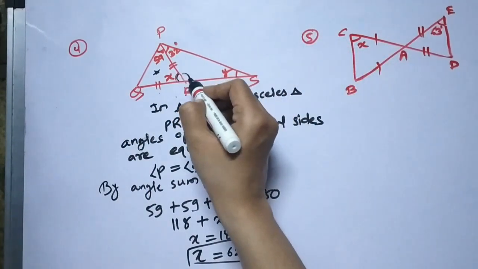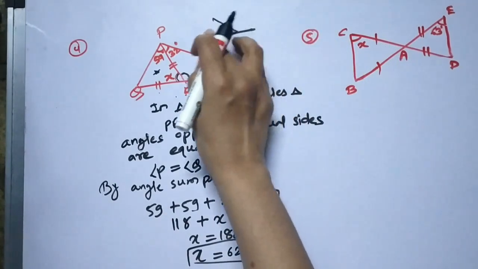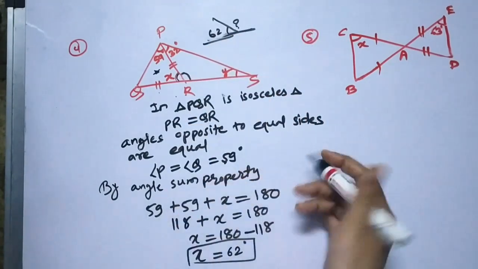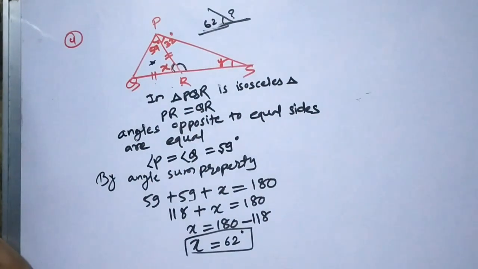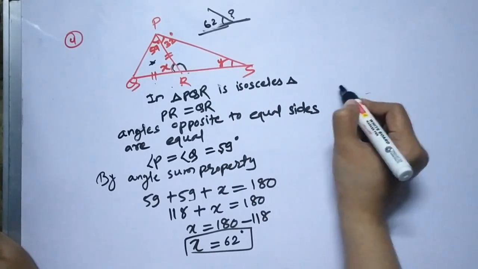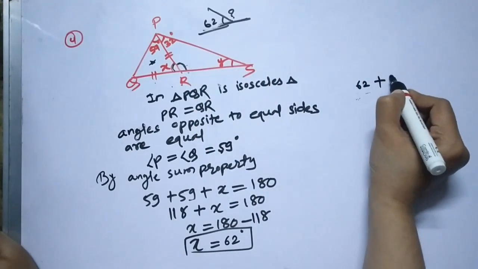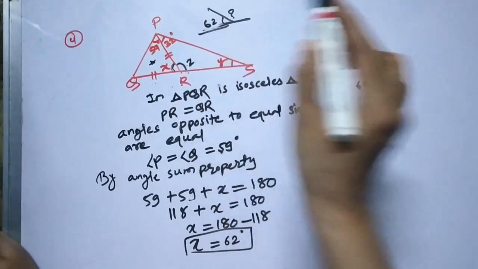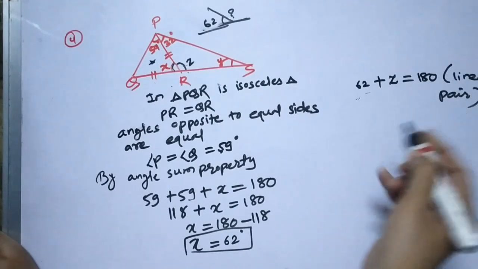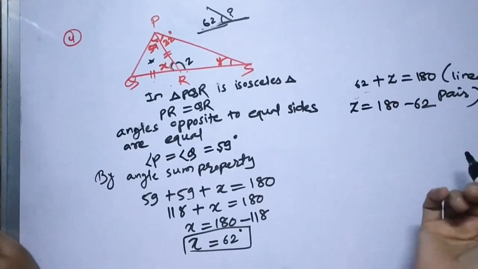So we can get this adjacent angle. Friends, the important point here is that this is a linear pair. If this is 62 degrees, we can get this angle by using the concept of linear pair. So you can write down 62 plus this angle. Suppose that angle we consider as Z. So 62 plus Z is equal to 180. We name it linear pair. So friends, Z is equal to 180 minus 62. Simple, we'll get 118